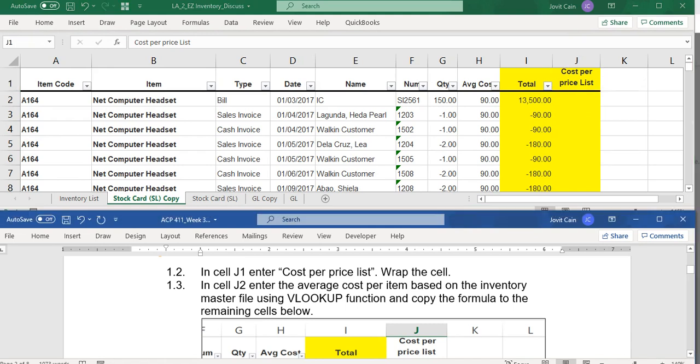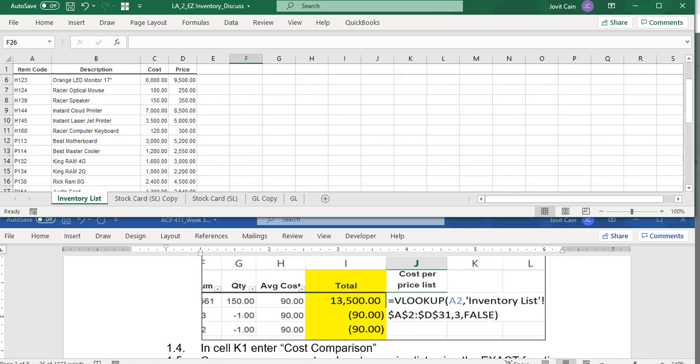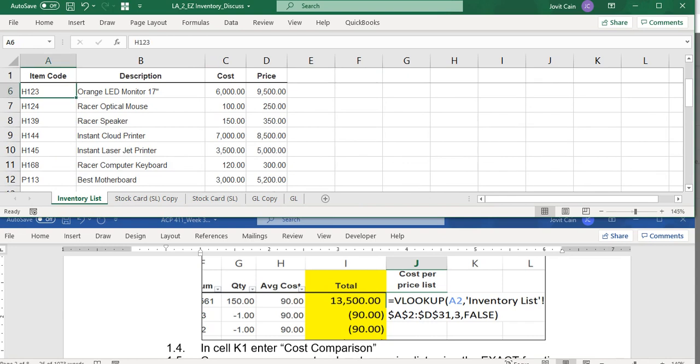Then in cell J2, enter the average cost per item based on the inventory master file, using the VLOOKUP function, and copy the formula to the remaining cells below. We're going to take a look at the costs as mentioned in the price list or inventory list of the company. Based on the item code, how much is the cost of that particular item? So let's make use of the